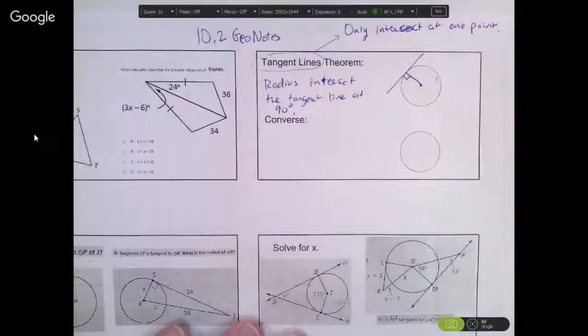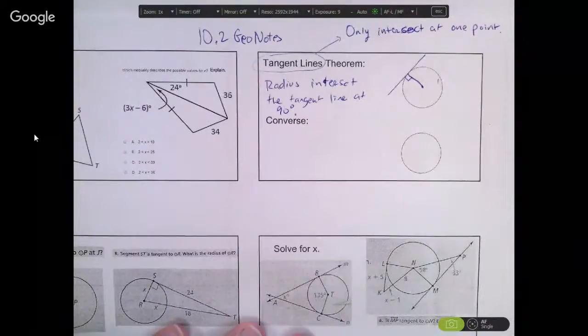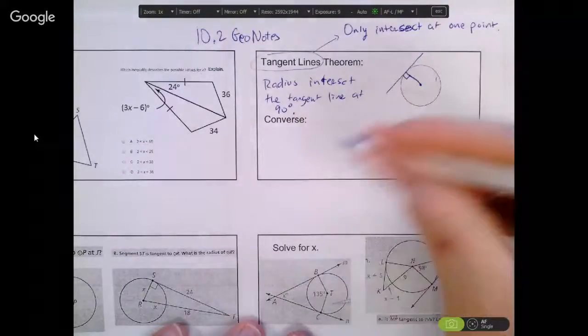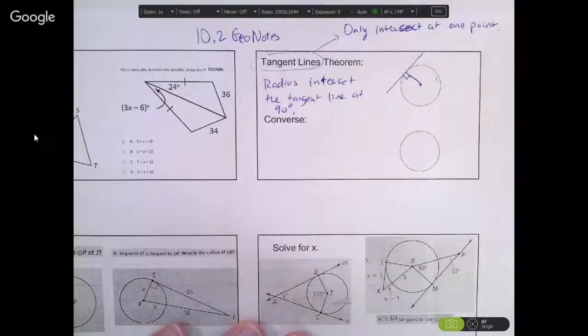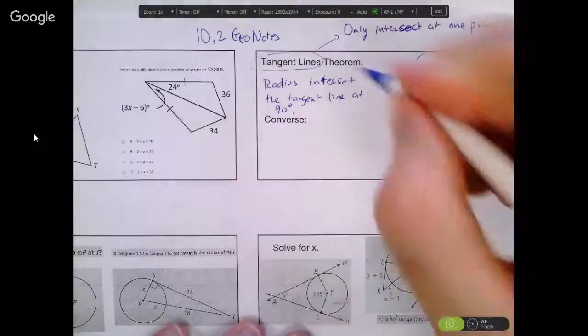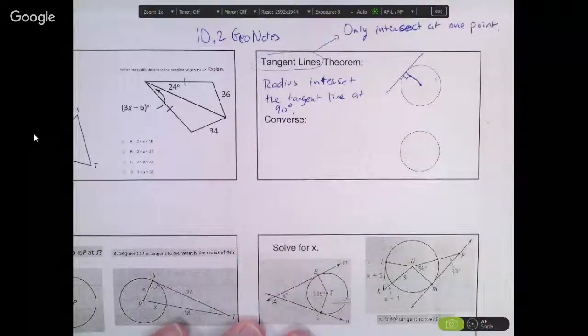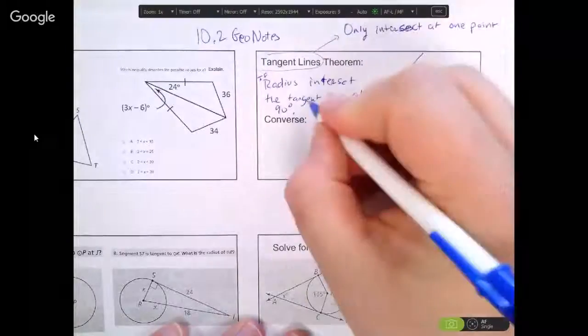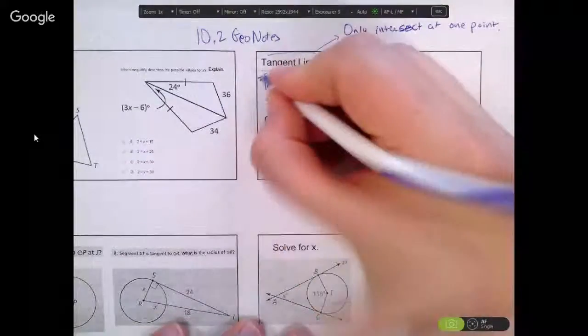So what's the converse of that? That it's 90 degrees on the other side. You can leave the radius there. Yes. So basically, converse means just say that backwards. So let me sneak in if-then. If you have a radius line, then it intersects the tangent line at 90 degrees. So I could say if tangent, then it intersects at 90 degrees. So to say that backwards,